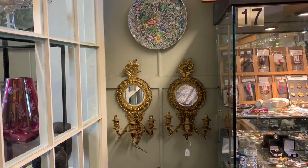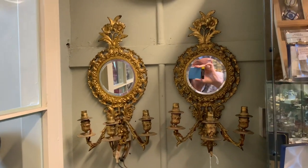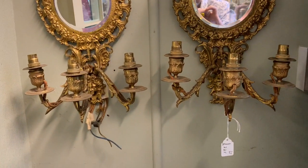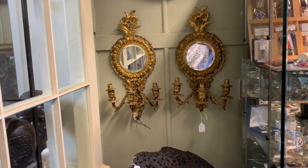Let's have a look. Now, these are nice. Very decorative, interior design things. Oh, there's me. Oh, God. Honestly, I was never trained as a cameraman. Remember that, right? So these will date to probably the mid-20th century. They need rewiring. You can see they've only got the two wires. 225, cheap enough. But I'm looking for things that can...